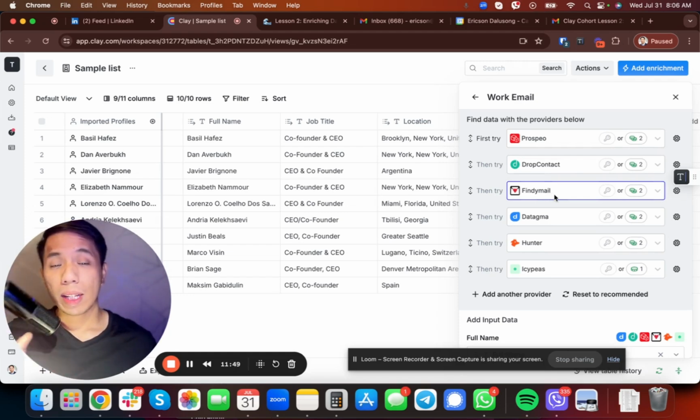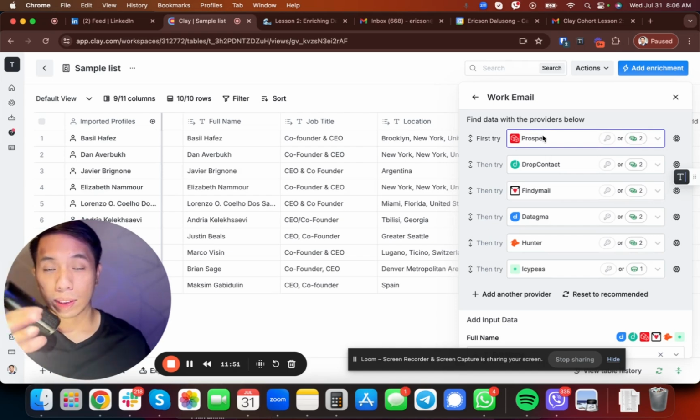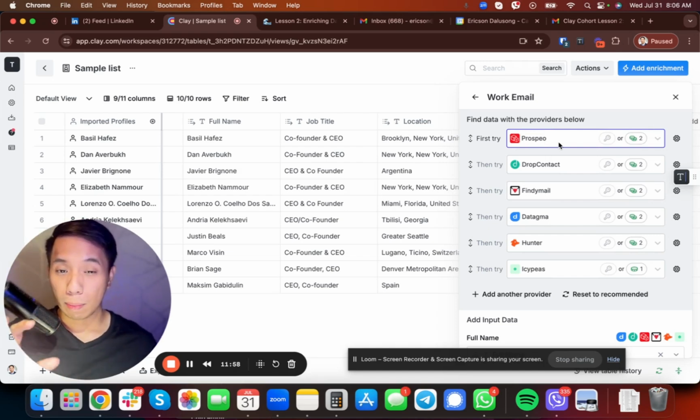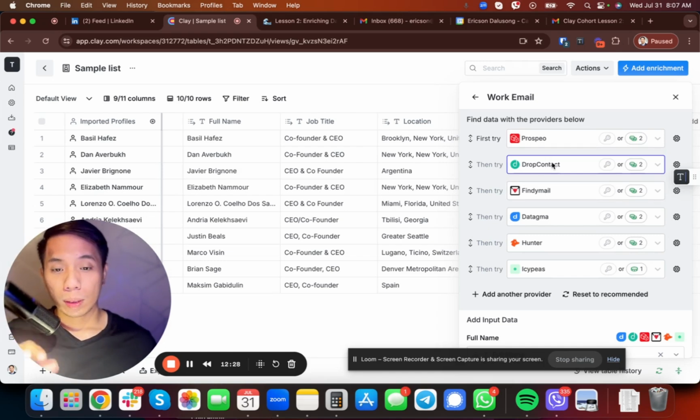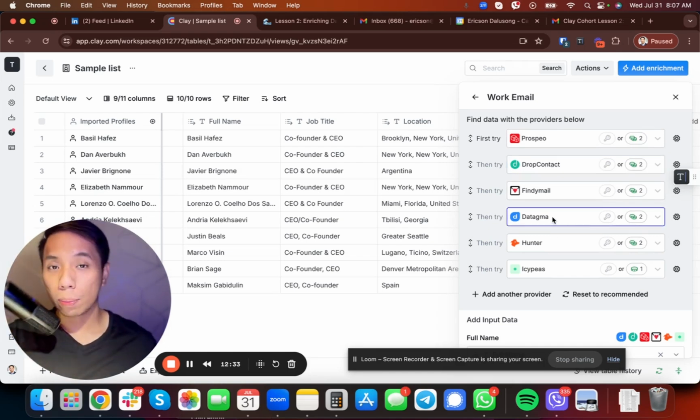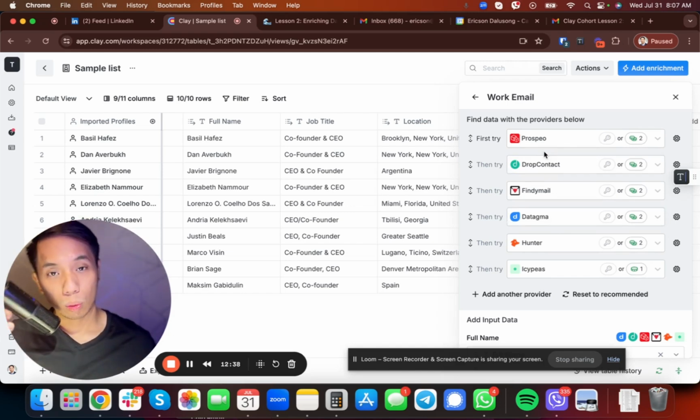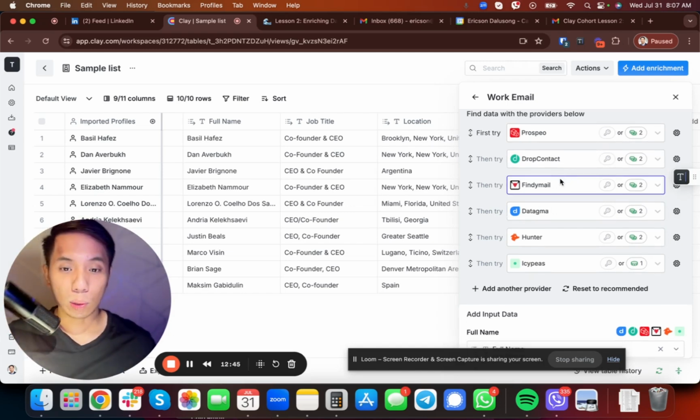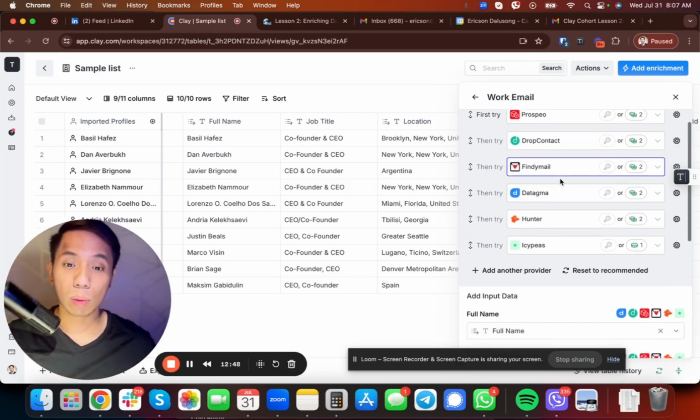If the data is already found on the first try, for example, if the email has been found by running through Prospeo, these attempts at searching for the email addresses using DropContact, Find Email, Datagma, and other providers here will no longer run because the email has been found with Prospeo. I hope that makes sense. That's basically how the waterfall works.